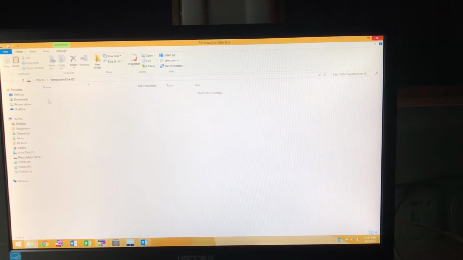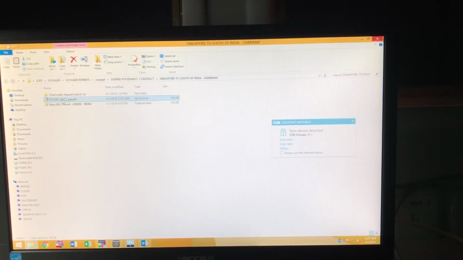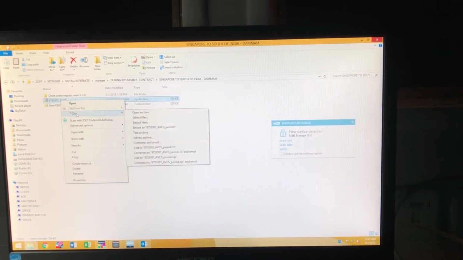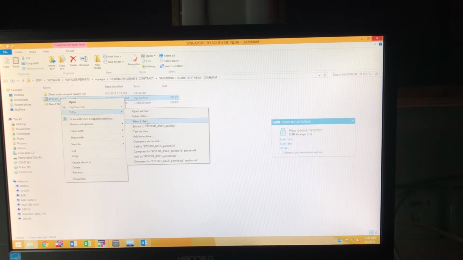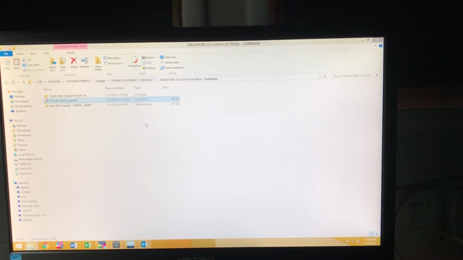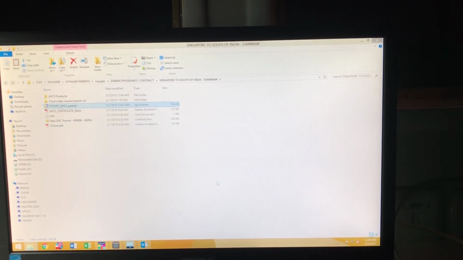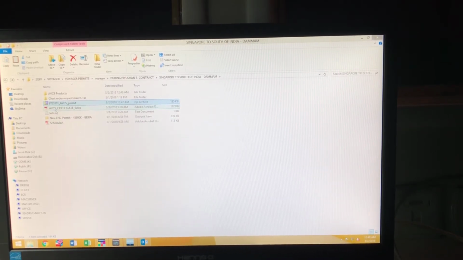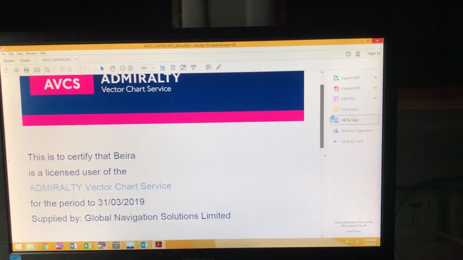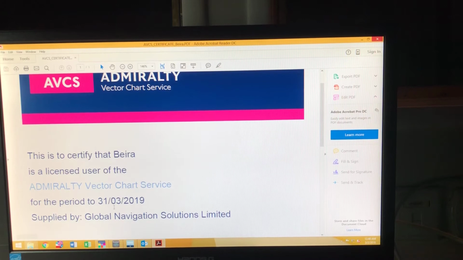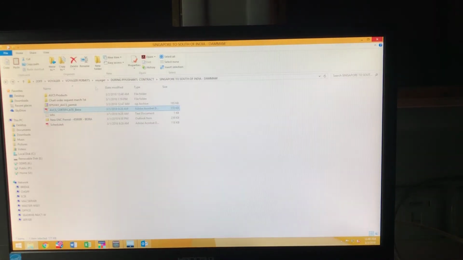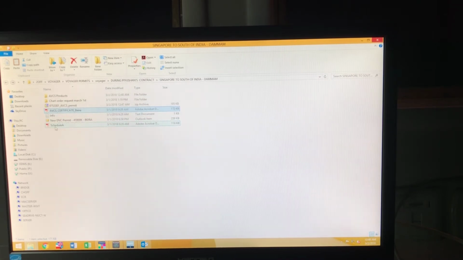and then you right click the zip file, zip extract here, you give extract here, so the files will be extracted now. After extracting, there will be the AVCS certificate for your license. Now for the period of 3/31/2019 it has been extended, and there will be an info file like this, the schedule A,